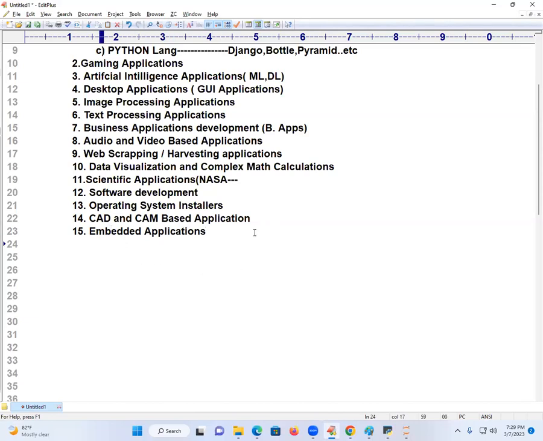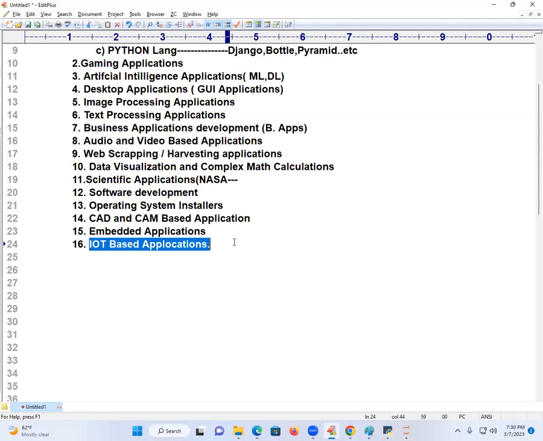Next, I'm going to take the 16th one, IoT based applications. Have you heard about IoT? What do you mean by IoT based applications? Interconnection of home based appliances with external devices. Suppose you are a big industrialist. You come to your gate, and the gate opens automatically. If you enter inside, the main door opens. If you go to your washroom, the geyser starts. If you go to your reading room, the fan starts. If you go to your AC room, the AC starts. These are all called sensor-based programming.